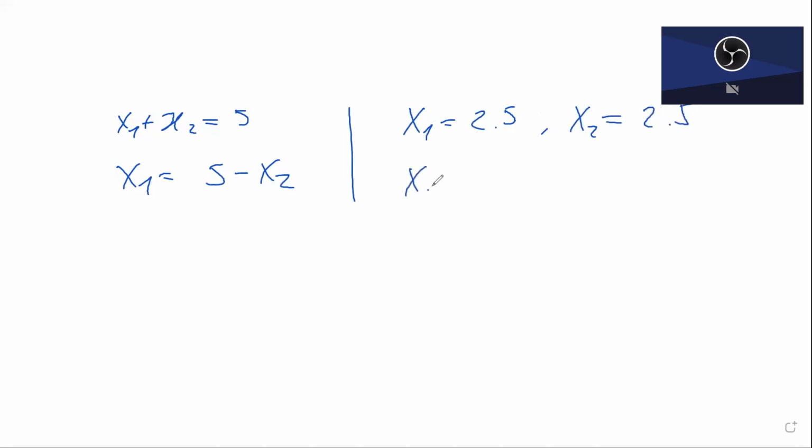Another solution is this. Good. So the space of all solutions to this equation would actually be given as,